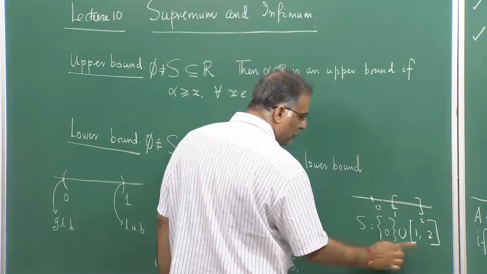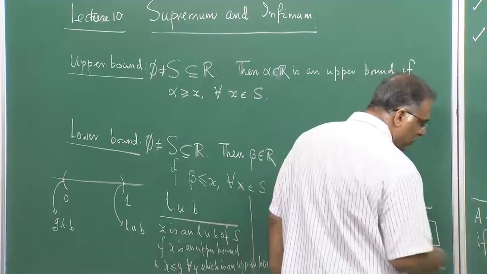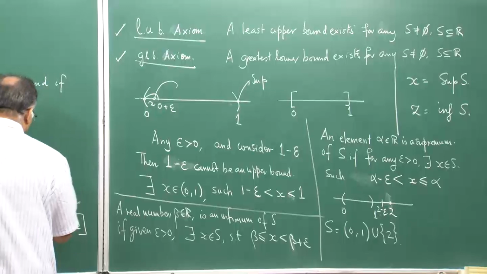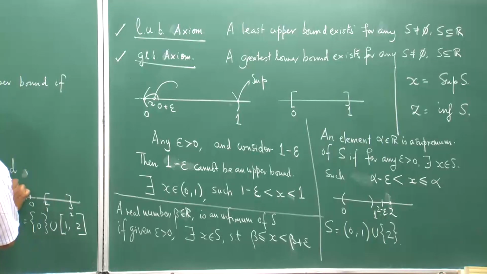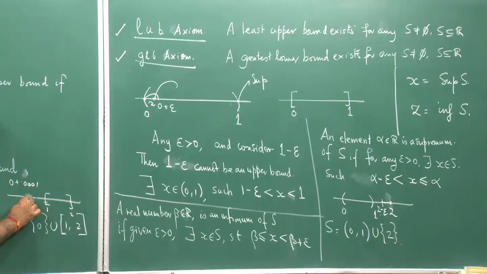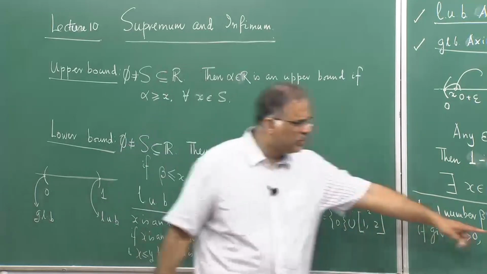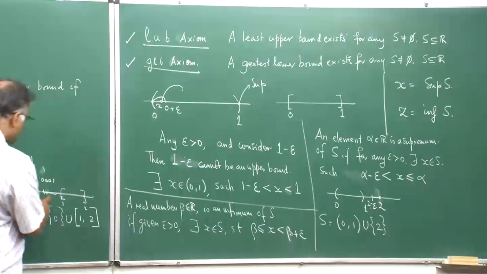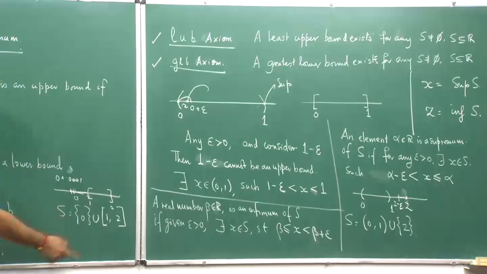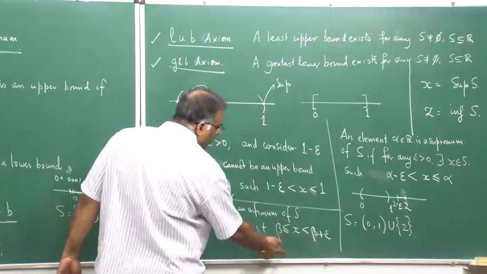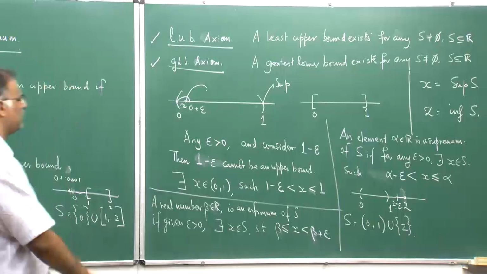So, in this sort of case, if you take say 0.00001 as epsilon, you come just very near 0, some point here. Then what is the element x which will satisfy this? In this case, we have to choose x to be 0. So, these are the cases for which you have equality here, but you always have to have strict inequality here,